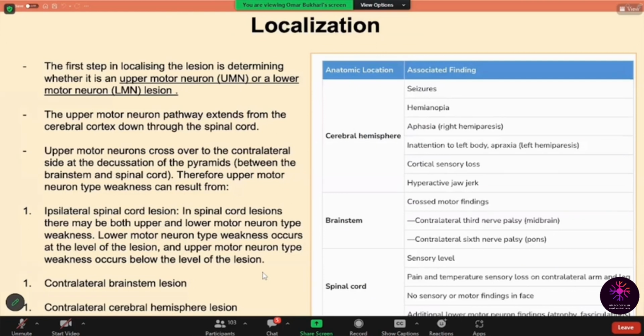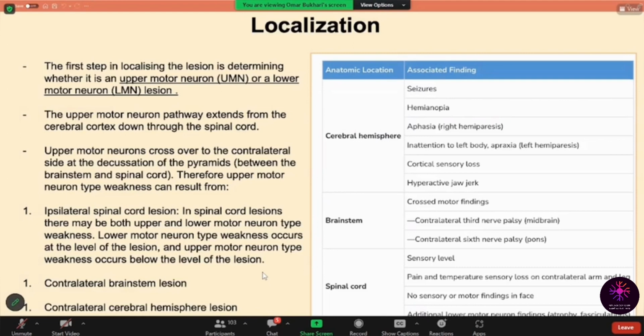The first step in localizing the lesion is determining whether it is an upper motor neuron lesion or lower motor neuron lesion. The motor neuron pathway extends from the cerebral cortex through the spinal cord. Upper motor neurons cross over to the contralateral side at the decussation of the pyramids between the brainstem and spinal cord. Therefore, upper motor neuron type weakness can result from an ipsilateral spinal cord lesion, a contralateral brainstem lesion, or a contralateral cerebral hemisphere lesion. And we can differentiate between these three